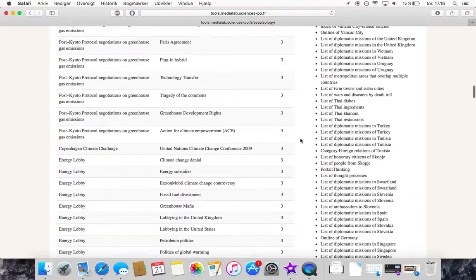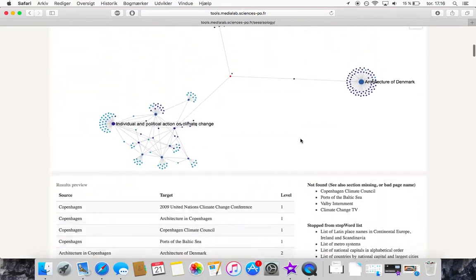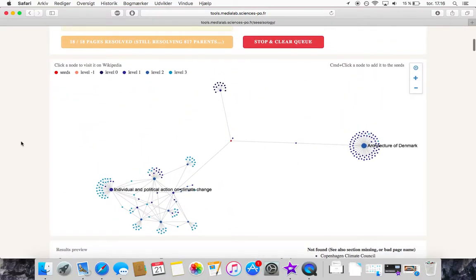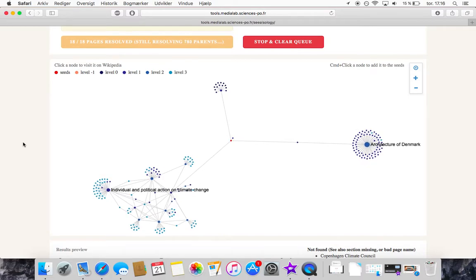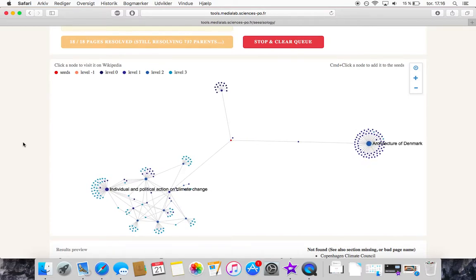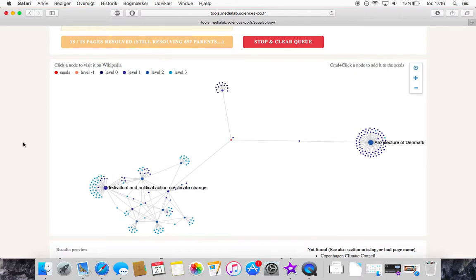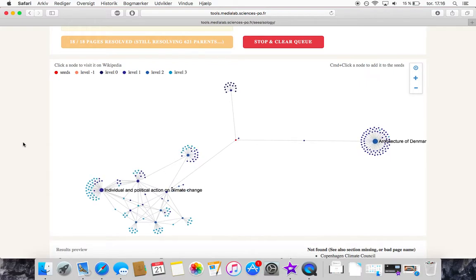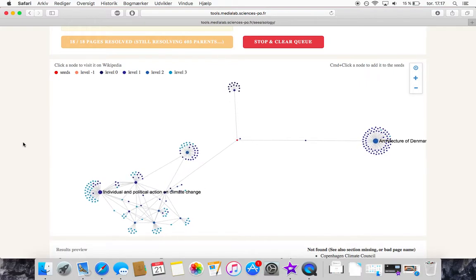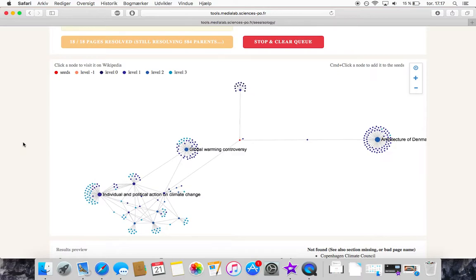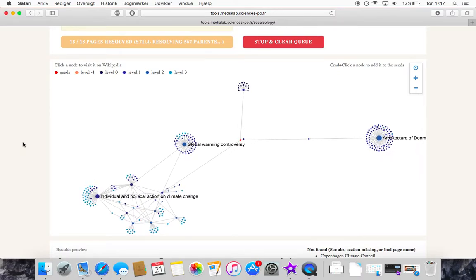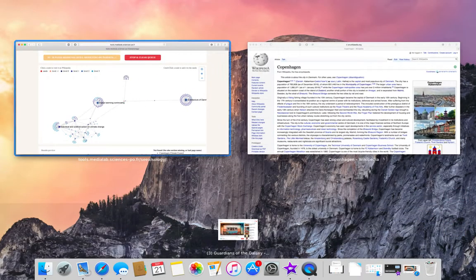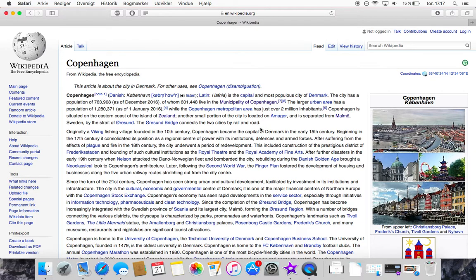Let's go up and look at the core map once again. And we can now see that we are starting to have some clear clusters of different topics and tags which are identified under the Copenhagen Wikipedia page. But if we stop it for a second and look at what else we can find, we go over here, and then we ask, can we get